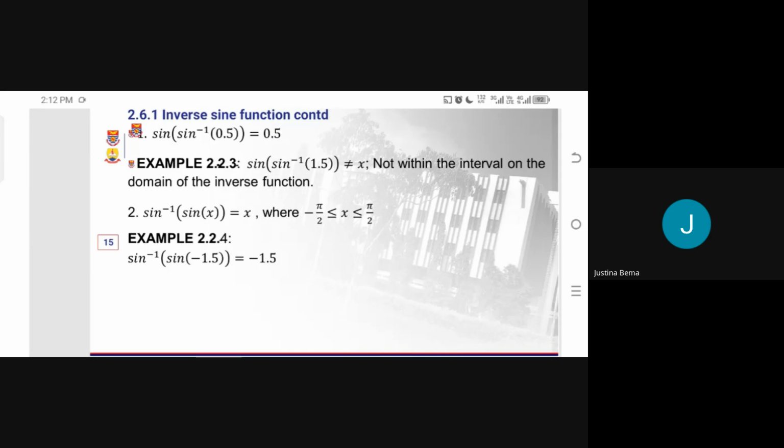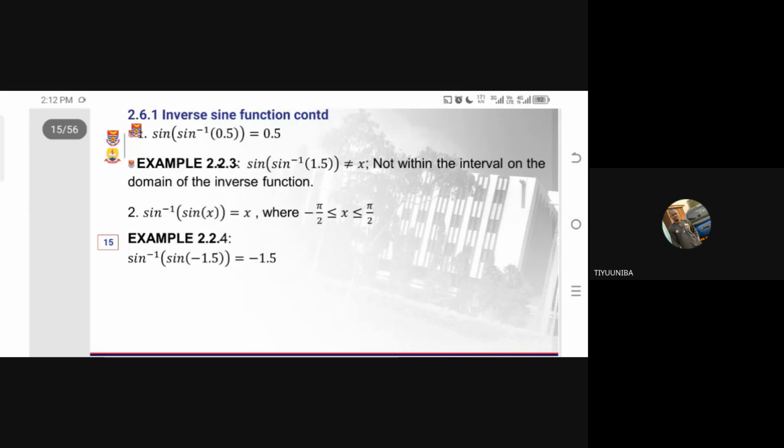Right? Yes or no? Yes. So because of that, it exists. So let's try, and then I want to find a counter to this. Let's try and find sine inverse of sine